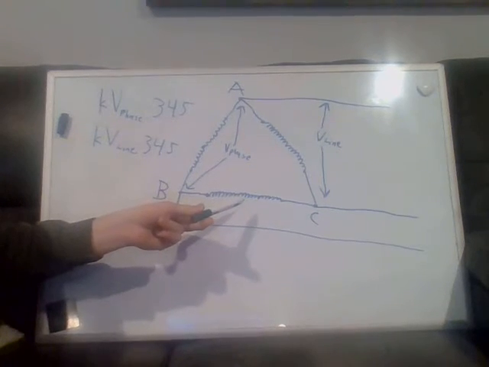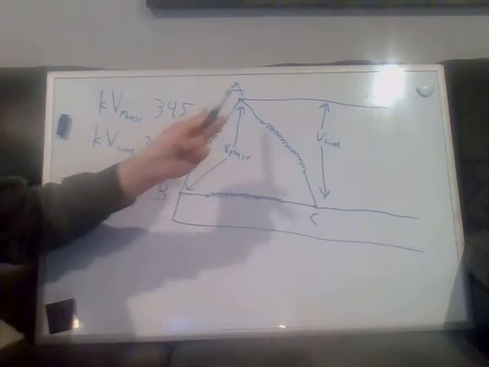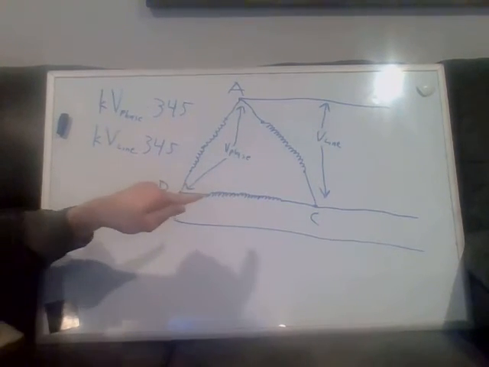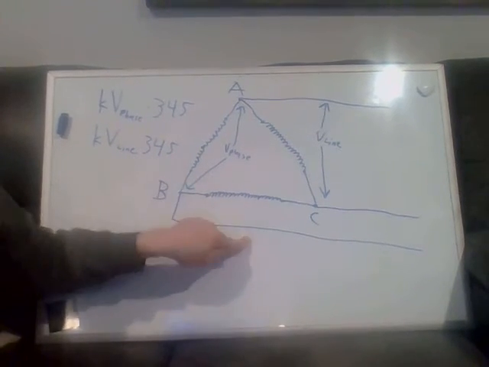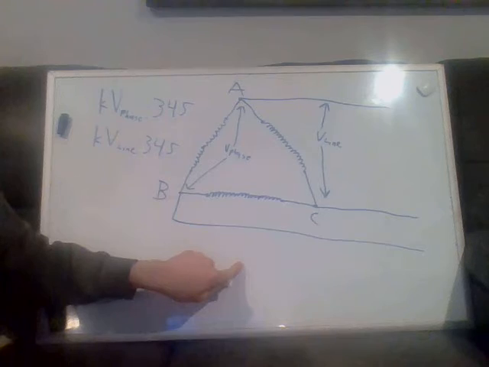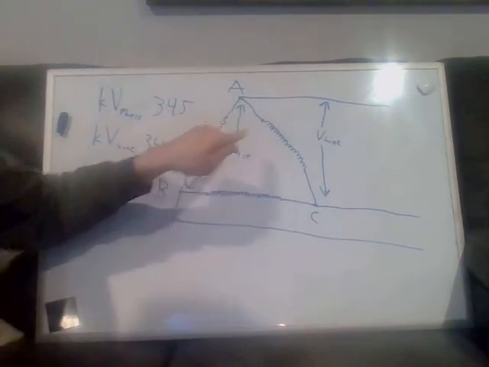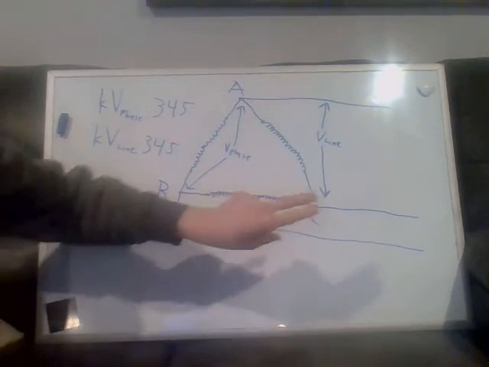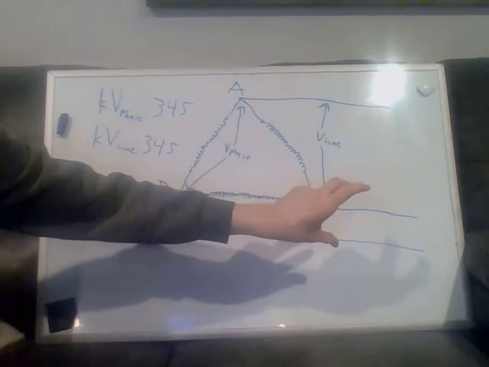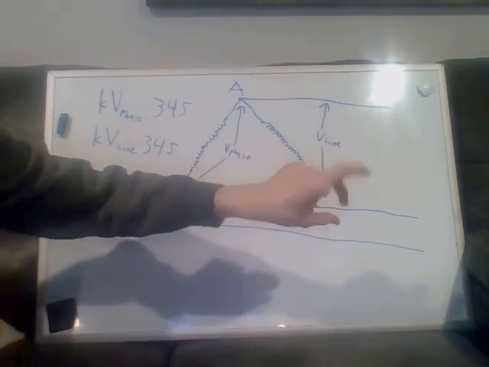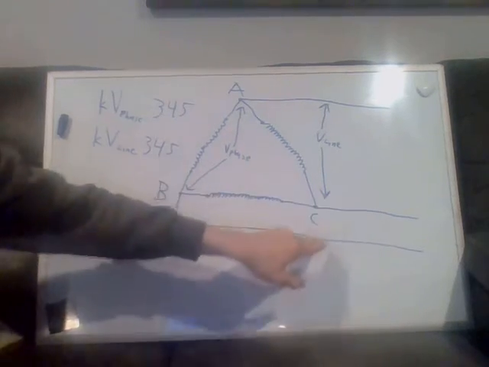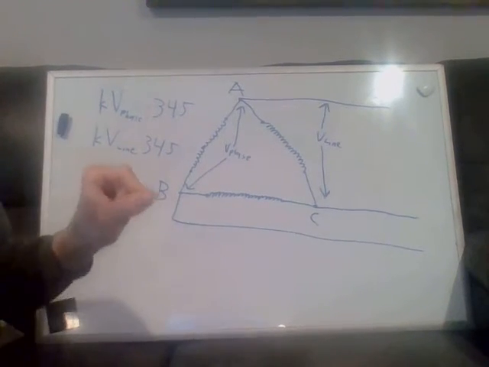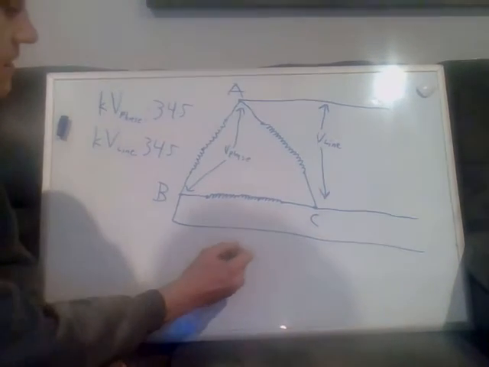So, in theory, since we do not connect this delta to the ground, if I were to touch just one of these lines, or if a tree were to fall on it or something, where is it going to go? There's no path back to any of these lines and phases or whatever. Unless I were to touch two of them, or if two of these lines, or three of them even, but just two, were to fault at once, there would be a path back to the phase now. But since I'm not connecting it to the ground, in theory, you can imagine,